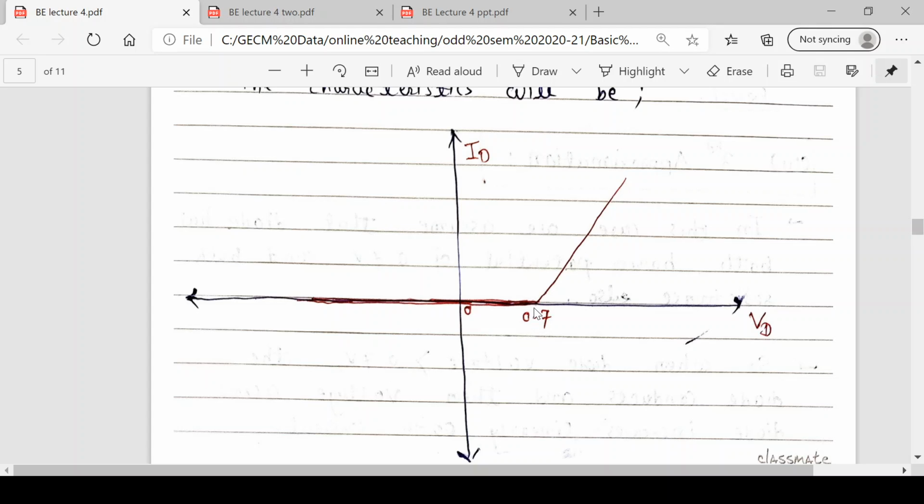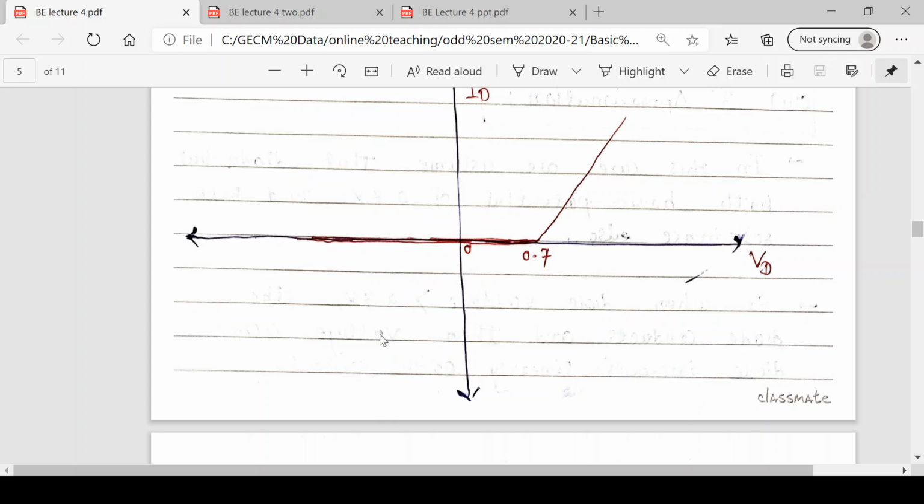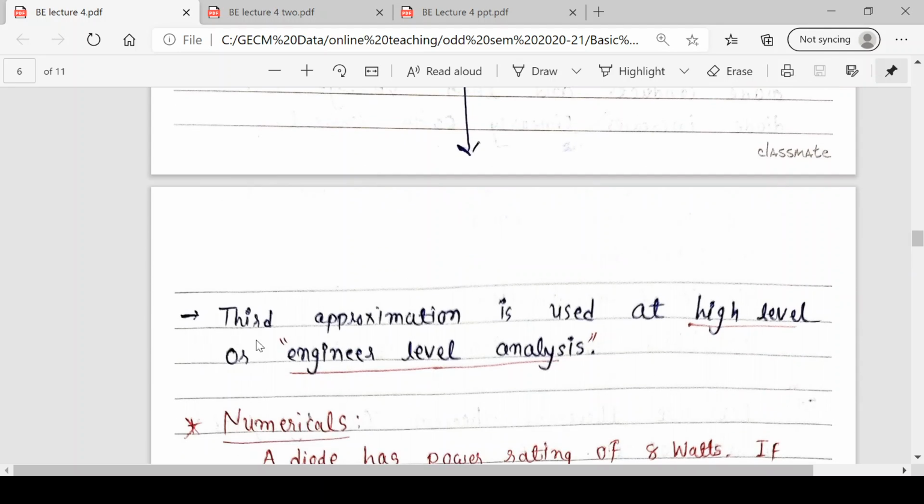If your diode voltage is less than 0.7, it remains reverse biased, zero current, very high resistance. So this is the VI characteristics of the third approximation diode. Now it has more detailing, so that's why we will use it. It will be used for very high level analysis, or you can say engineer level analysis, because any engineer has